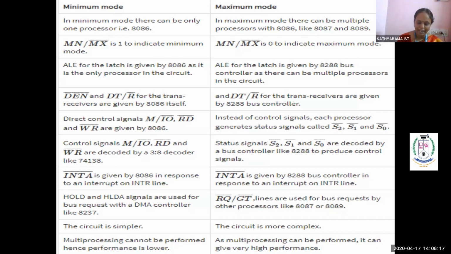So in this topic, they may ask 2 types of questions. One will be the pin descriptions of 8086, and another one will be the minimum mode and maximum mode operation. So for minimum and maximum mode operation, you have to describe it along with the pin details and the diagram. Pin detail means you have to draw the pins and explain the pins along with the diagram. If they ask for the difference between minimum and maximum mode, this difference is quite enough.